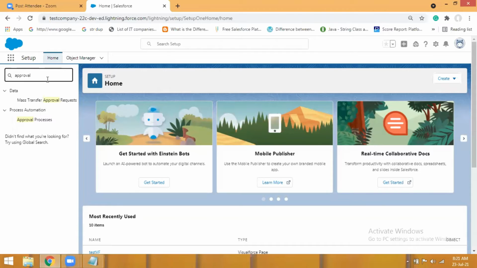Development is also easy in Salesforce. Let me give you a simple example. Let's say there is one technology, Java, and I want to pull some data from the database. In Java, there are many steps. First, you have to establish a connection with the database, and then the second step is to write a query to pull the data from the database, and then the data will be displayed.